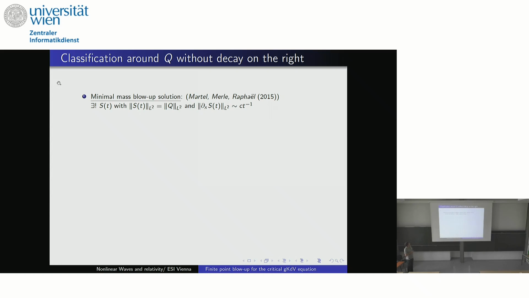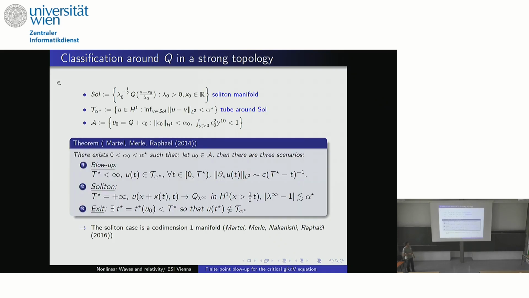They also prove the existence of a unique minimal mass solution. So it's a blow-up solution with mass exactly the one of the ground state. No, it's not slightly above, it's exactly equal. And it's the same blow-up rate, 1 over T. But the interesting part is that if you look at this theorem, you could wonder if this assumption was purely technical or not, but actually it's not the case.